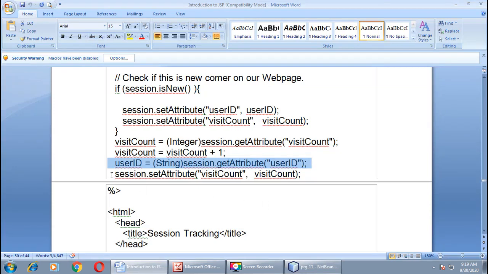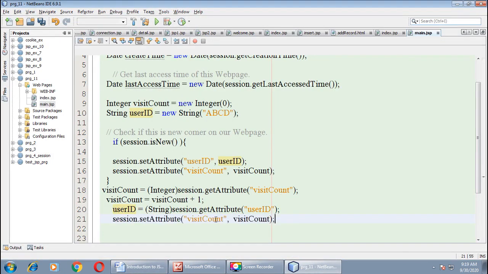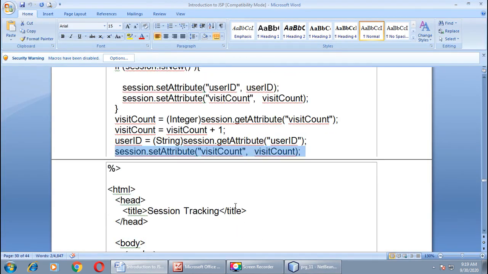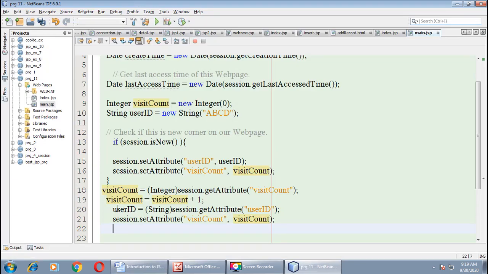Now we will set these values for the same session using the setAttribute method. For visit count we want to set whatever comes in the visit count variable. Here is the end of our JSP code, right? So the scriptlet tag is over.